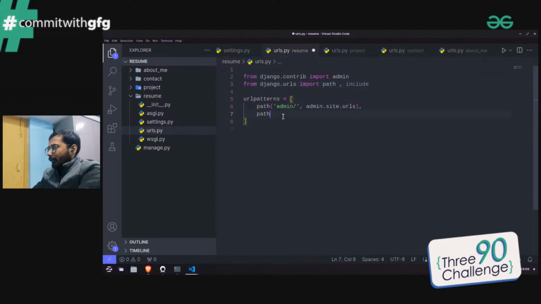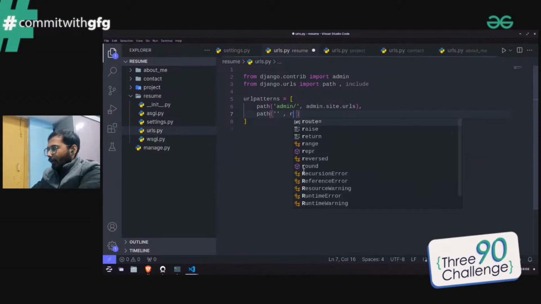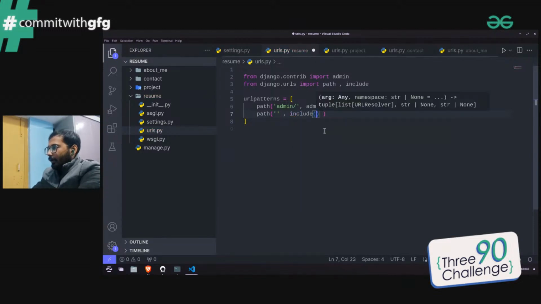So over here I say path. Anyone who hits this root URL, what will happen? We redirect to the app-specific urls.py. So I say include over here, like this,